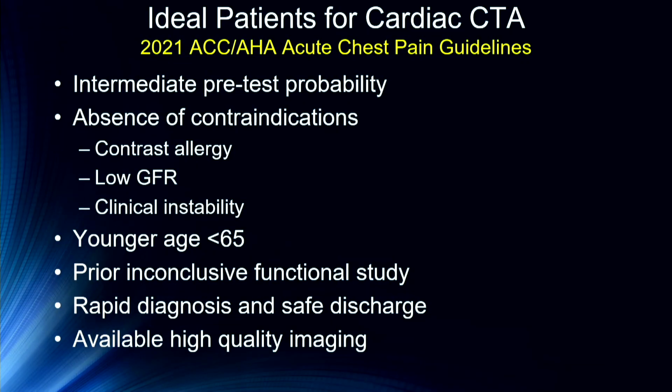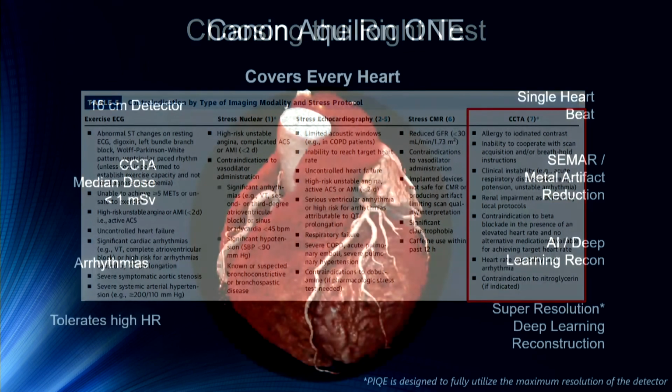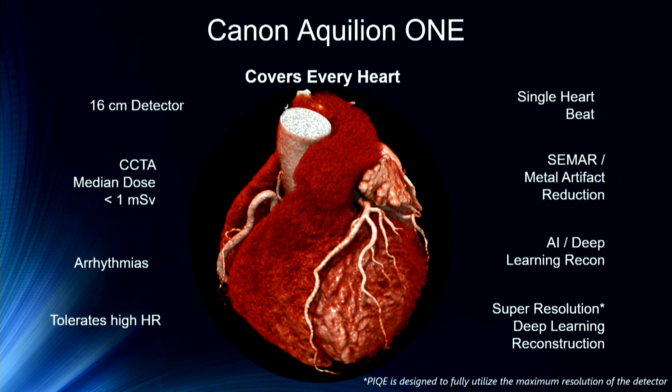So just going back to the guidelines again, there are ideal patients for cardiac CT in this audience. I don't need to go over this. And in the guidelines, they also mention, choose the right test. They go through which are the best tests for stress nuclear, stress echo, stress CMR, and cardiac CT. But in conclusion, the Aquilion ONE really can cover every heart,